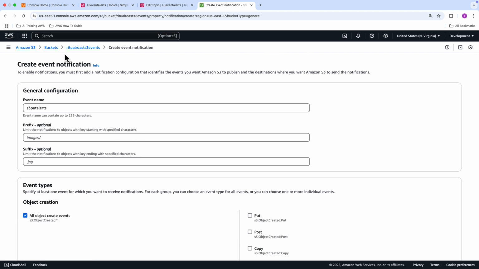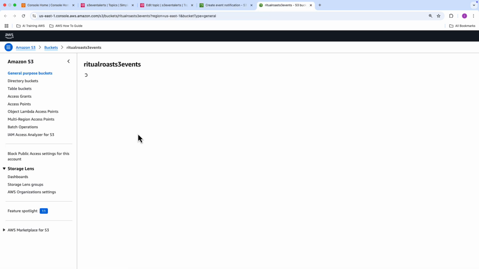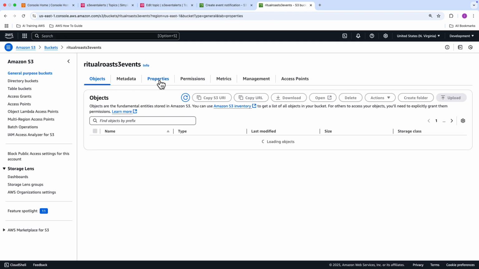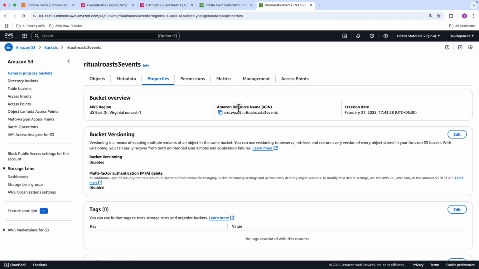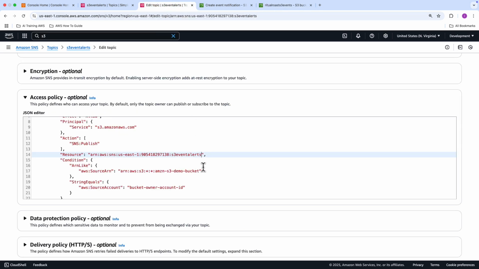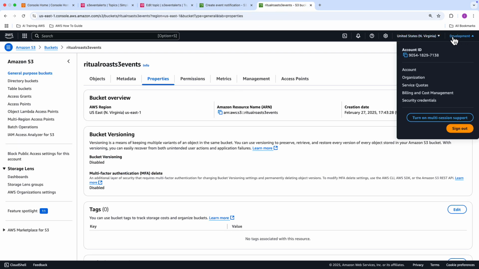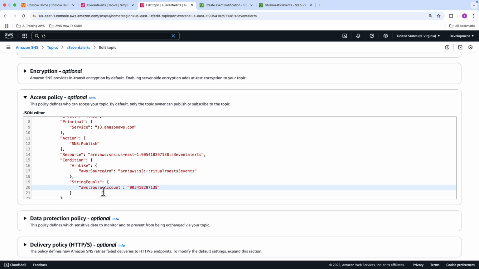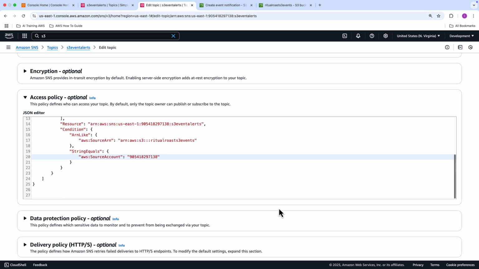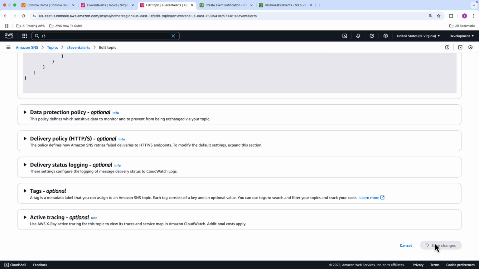So let's just open that up as well in another tab very quickly. And I want to just show you this bucket and go into properties. And in the properties, I can grab the Amazon resource name of the bucket. Again, you want to just replace that ARN with your bucket ARN. Okay, and then you want the bucket owner ID. So the ID is obviously just provided up here. We just copy that, just paste that in there in the bucket owner ID. Okay, so now if we click Save Changes,